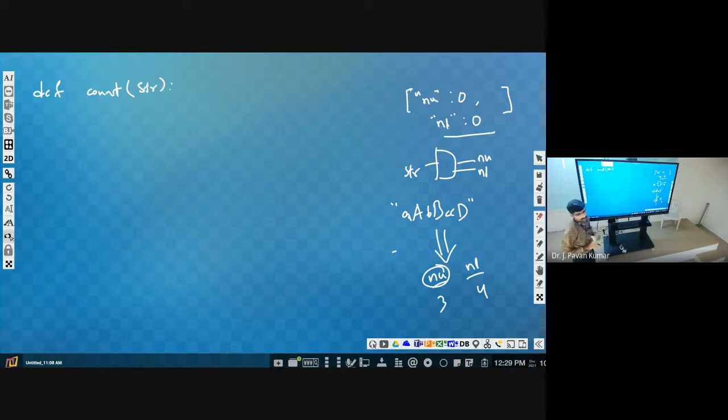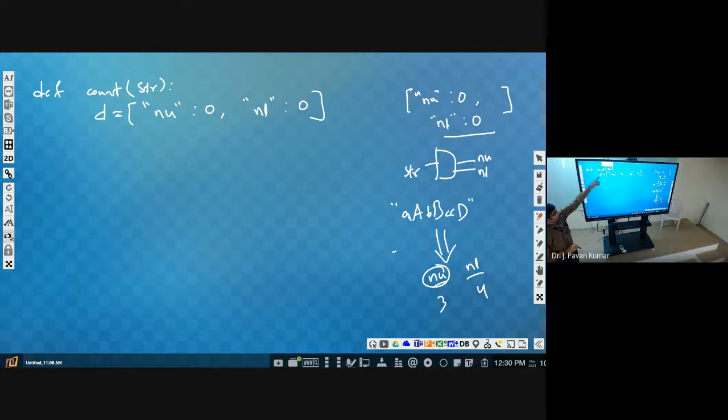Then the dictionary we need to declare. Let us say D is the dictionary name. D is equal to NU colon 0, comma, NL colon 0.